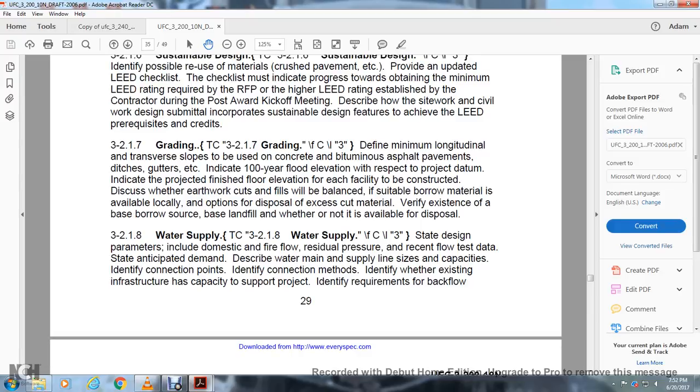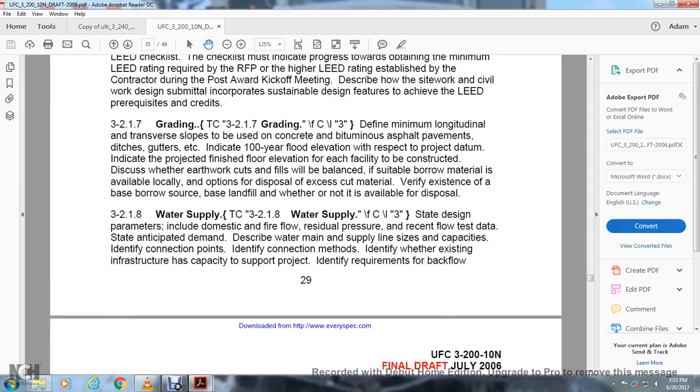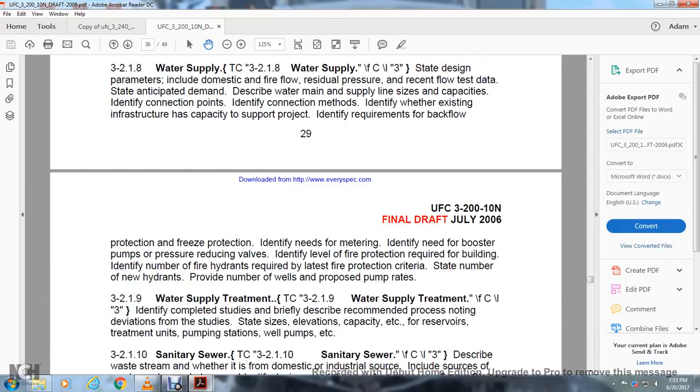The state design parameters include the domestic fire flow with the residual pressure for the recent flow test average facility anticipated demand to determine the water main supply line size and capacity, identify the connection points, identify the connection methods, identify whether the existing infrastructure has the capability of supporting the project, identify the requirements for the backflow, protection for freeze protection, identify the need for metering, identify the need for the